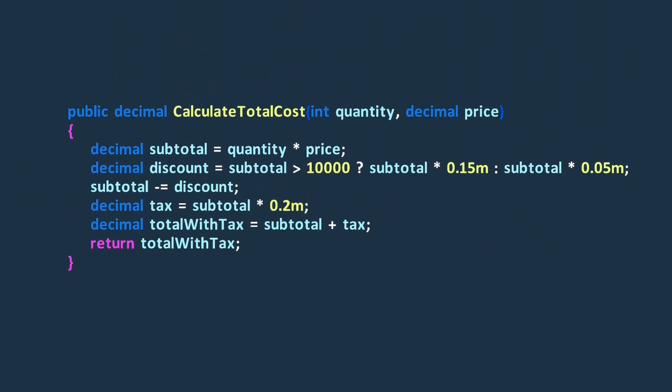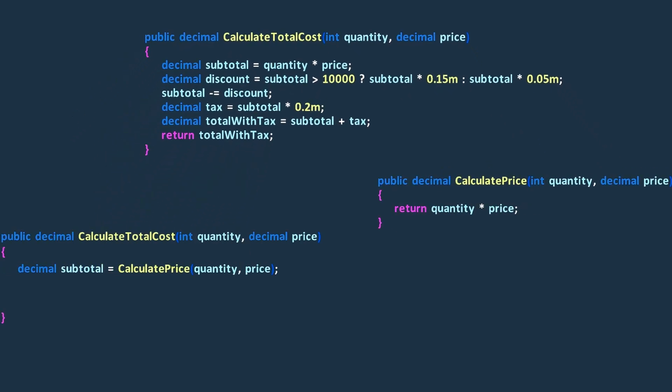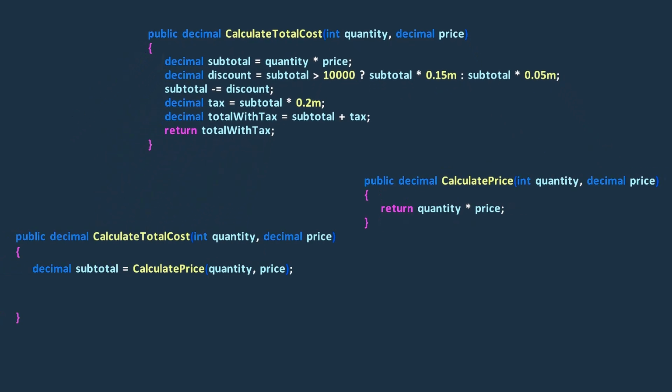To find opportunities for using the extract method technique, we look for blocks of code in a method that do a specific task. For example, in the replace step with query lecture, we noticed a statement that multiplied the quantity of a product by its price. This was a specific task, so we made it into a separate method with a clear name.